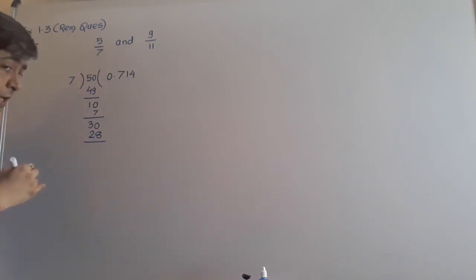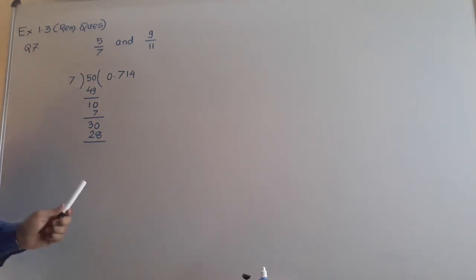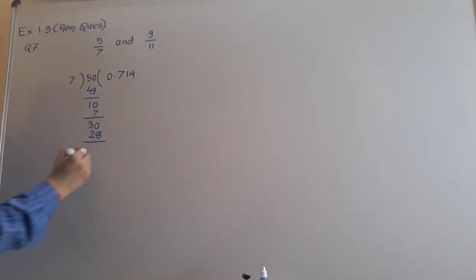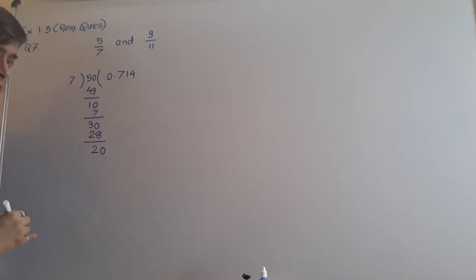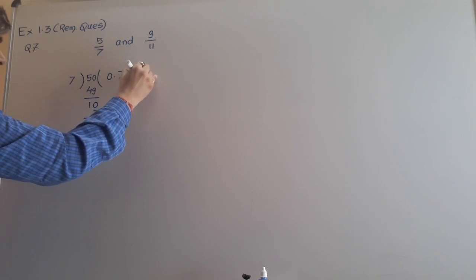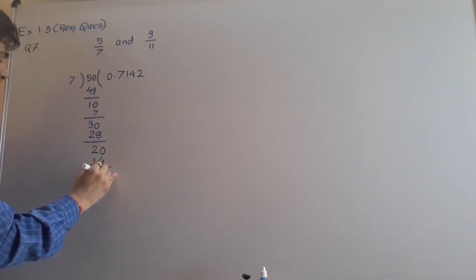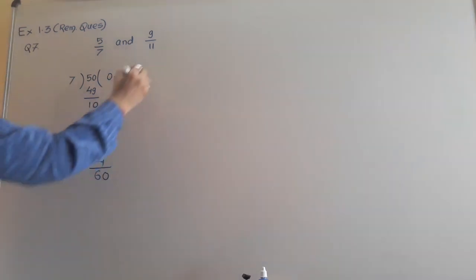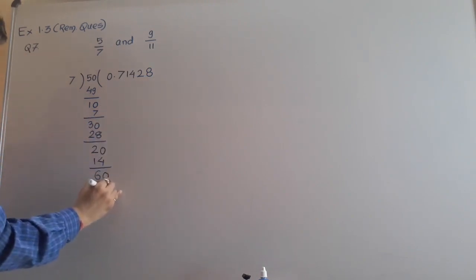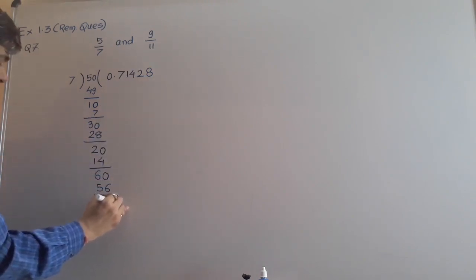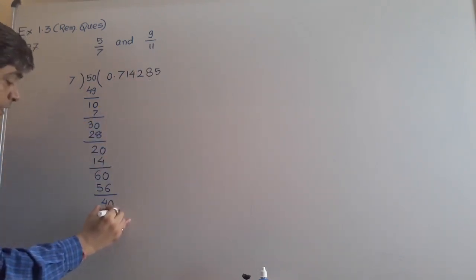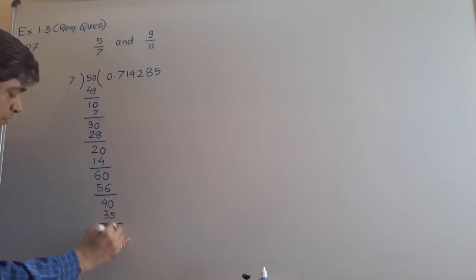Now tell me, till where should I go in this division? I will go until I get 5 in the place of remainder, because we have started with 5. So we shall end with 5 only. Now remaining is 2. So 20, I have taken a 0, 7 twos are 14. Remaining is 6, again taken 0. How many times can we divide? 7 eights are 56. Now remaining is 4, again taken 0. 7 fives are 35. So remaining is 5.